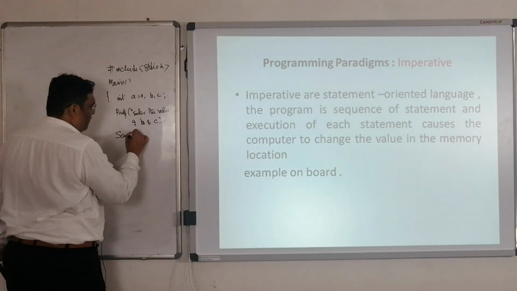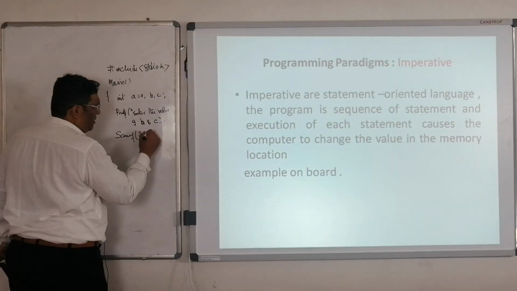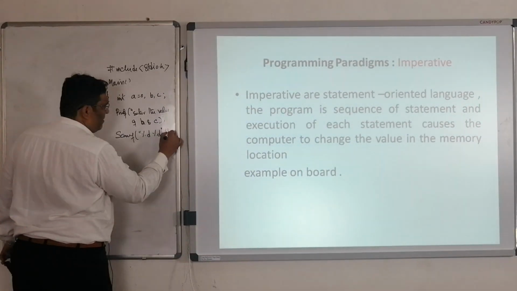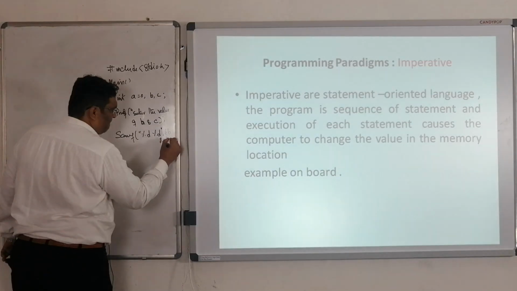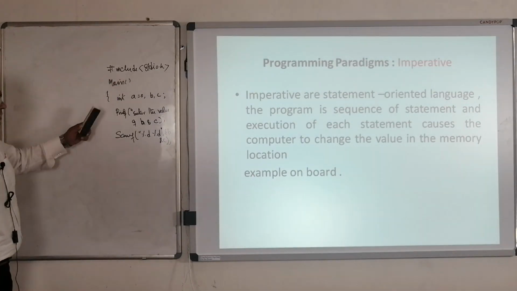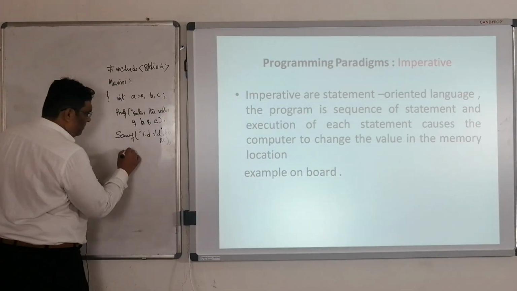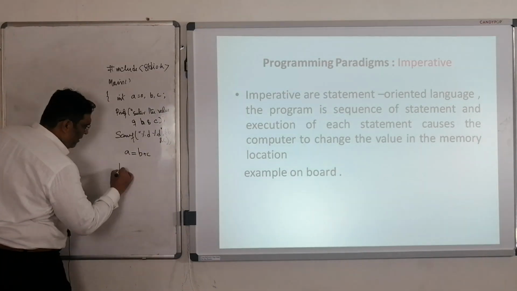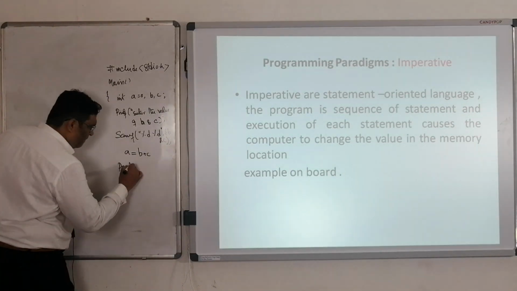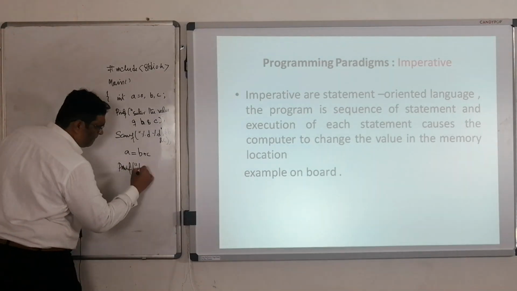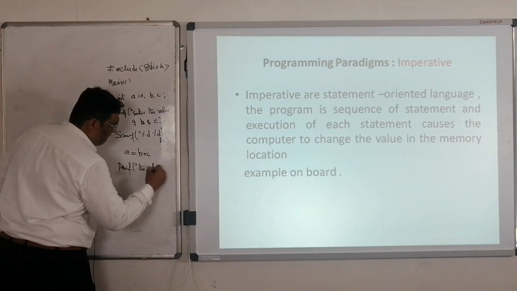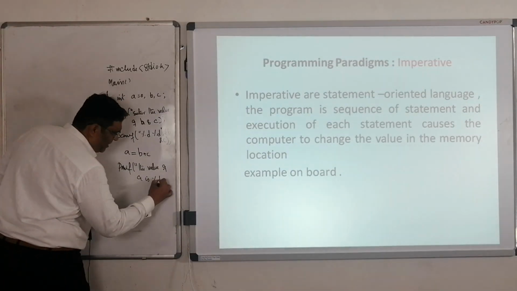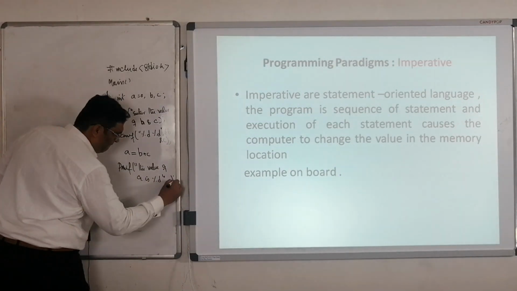Scanf, %d, ampersand b, ampersand c. Correct? So we have include, then we have a is equal to b plus c. Printf, the value of a is %d, a.